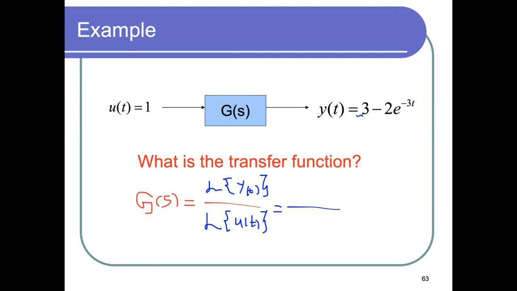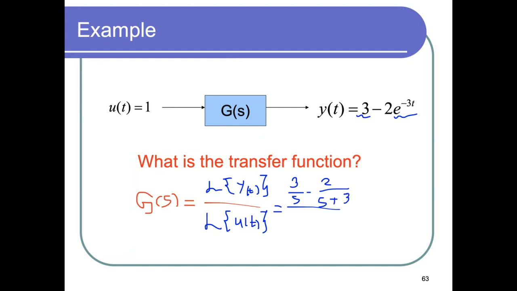What is the Laplace transform of 3? Yes, Faisal. It's 3 over s minus 2 over s plus 3. 3 over s minus 2. Yes, you're right. 3 over s minus 2. So this is a step, right? Multiplied by 3, so it's just 3 over s minus 2. And this is just an exponential, so it's a shift in the frequency domain. It's s plus 3